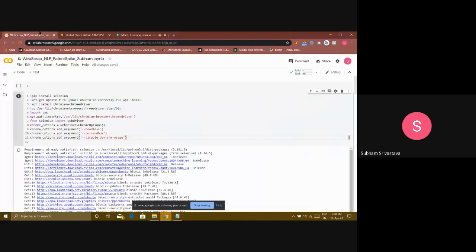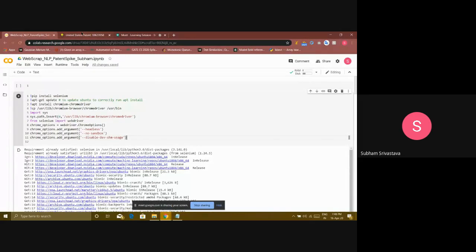So I shall be starting. What is our task? Basically, we need to understand that first. Here in Patent Spike, what we were doing was comparing different patents. First, we were taking the PDF files, converting them into text, then into documents and vectors, and then comparing them. What we are doing here instead is going directly to the URL and scraping that file from the web itself.